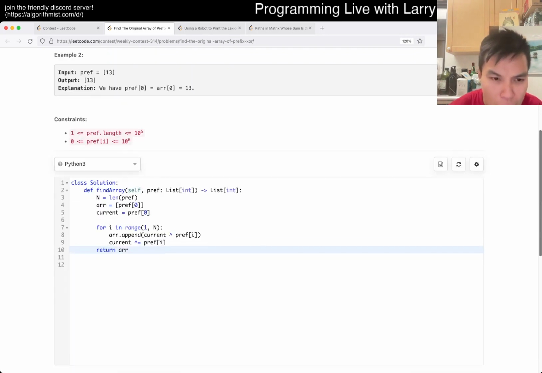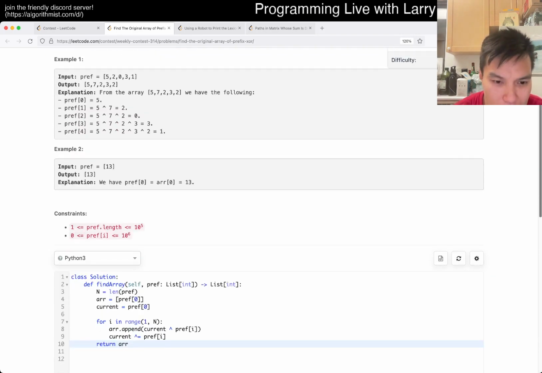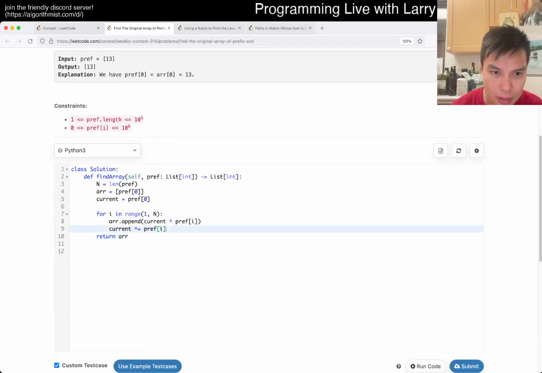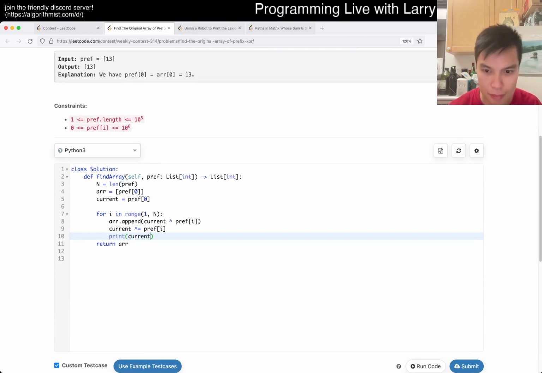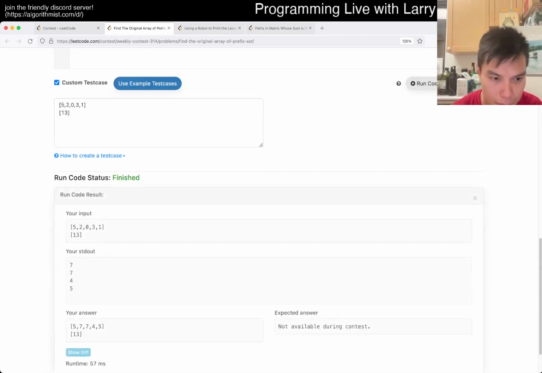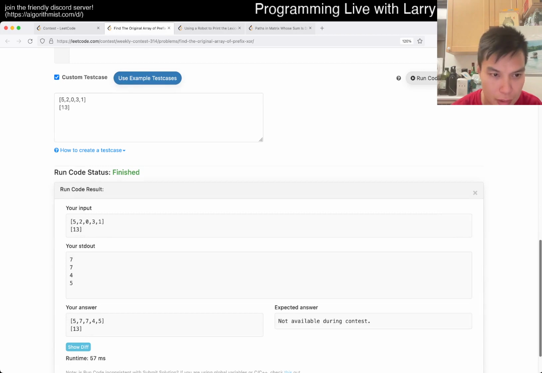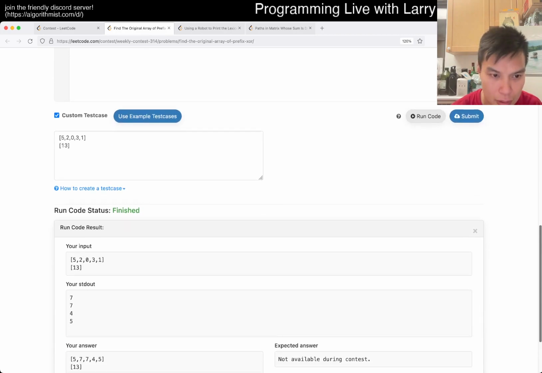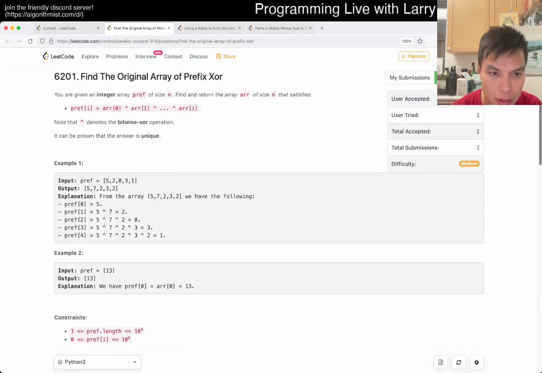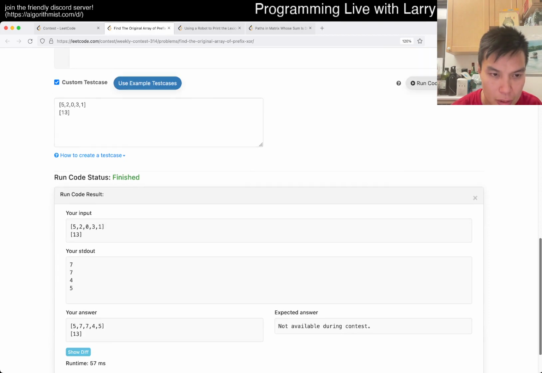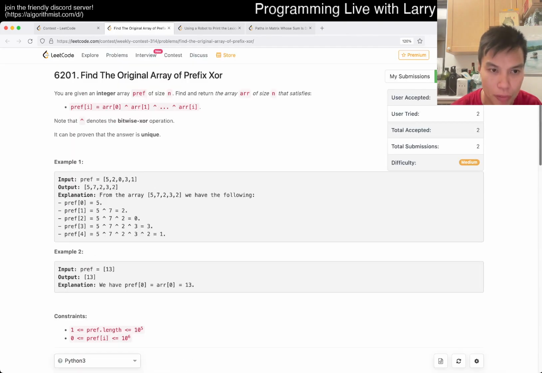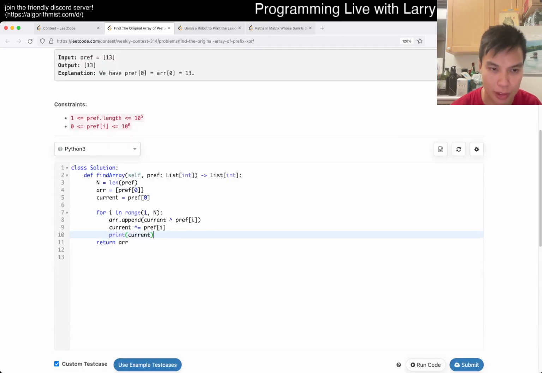Nope. Did I misunderstand this? So 5, 7. 5 xor 2 is 7. Oh, it's from pref. So now current is, well, we do this and then,